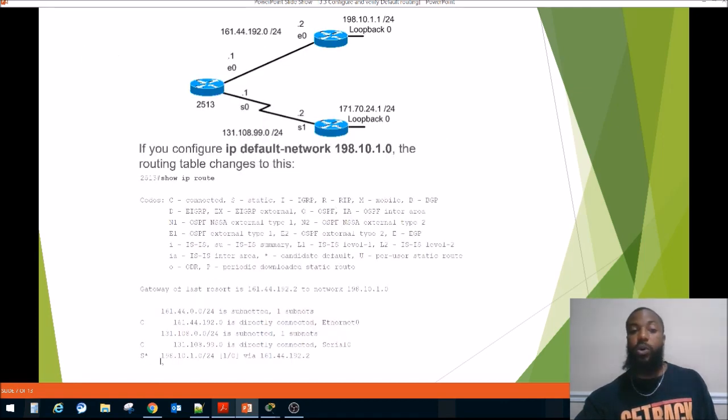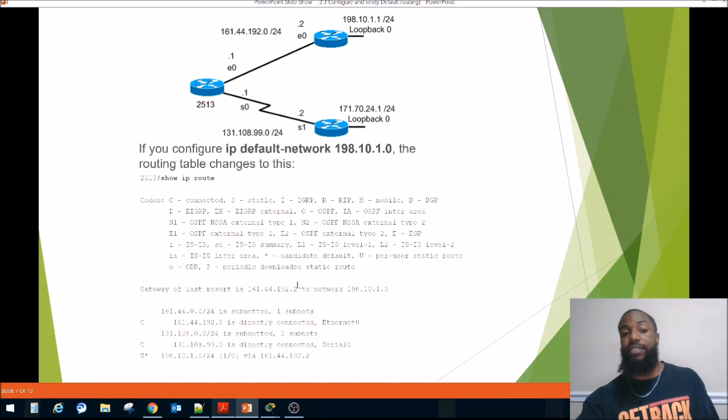And as you can see, it shows up at the bottom. And that's what I said about looking in the map. It says, we don't have a way to get there. But if you want to get out of this neighborhood, that's what this is saying. We got these routes to get to there and to there. But if none of these neighborhoods are somewhere you need to get to, and you just basically need to get out of this neighborhood, use this gateway of last resort. So it's 161.44.192.2, right? So it is an interface, but it's saying to get to that network,